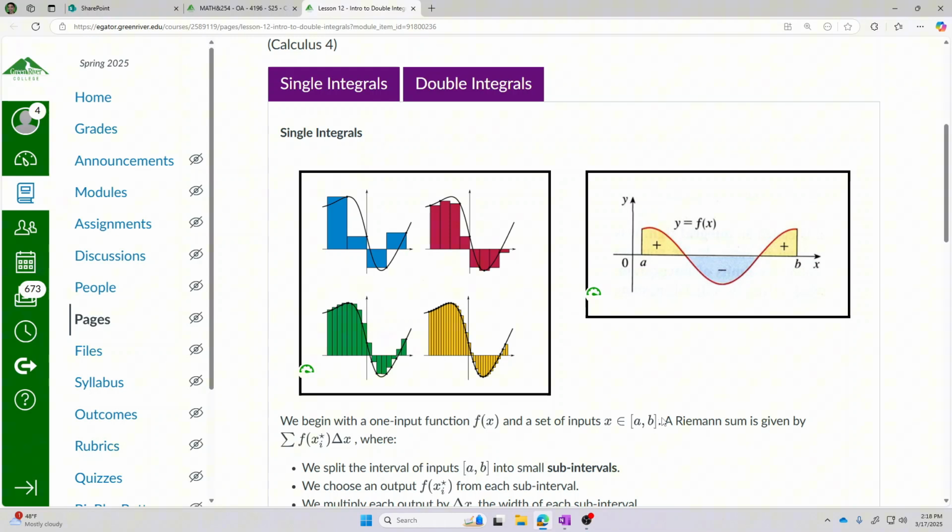And if you look here on Canvas for our page for lesson 12, which is the next lesson, as we are introducing double integrals for the first time, you can see some Riemann sum pictures for single integrals. And here in the upper left, for example, you see a right Riemann sum. And here we have a relatively large delta x because we only have 4 subintervals. And we can see that the gap, the discrepancy between the net area of the rectangles and the net area under the graph is pretty severe, right?